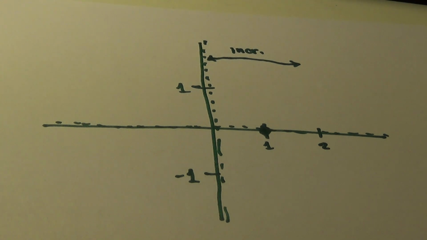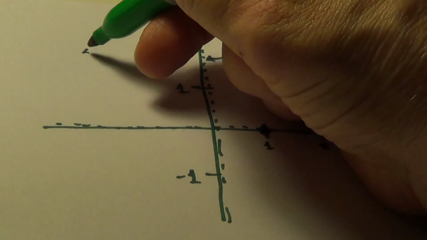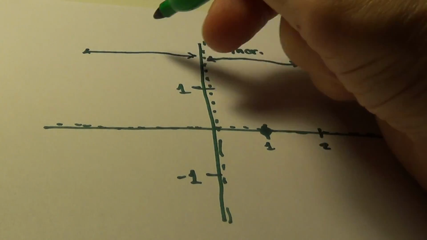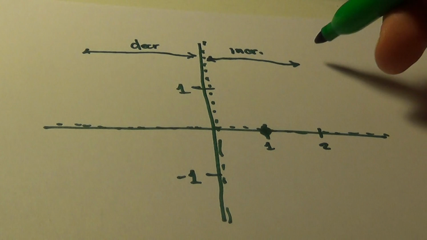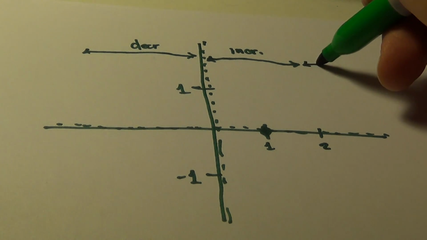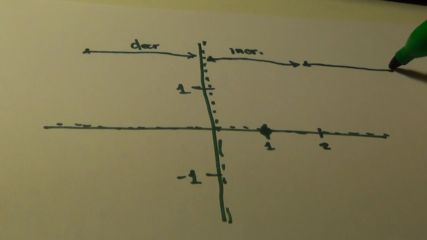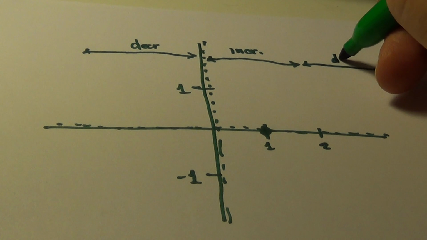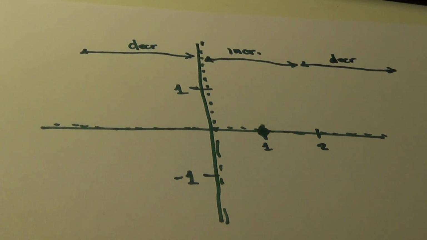So from negative infinity to 0, it was decreasing. And from 2 to positive infinity, it was decreasing as well. So I'm just going to put some notes there so when I finally sketch the curve, it will obey those